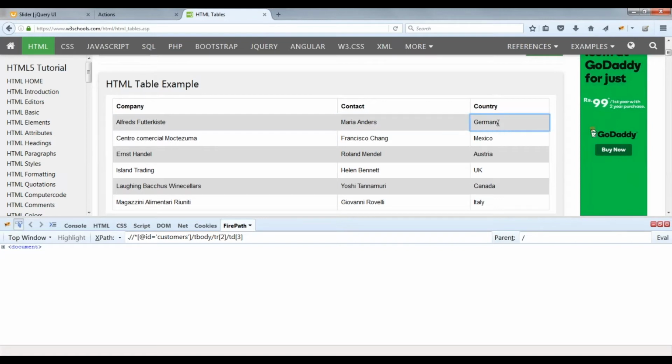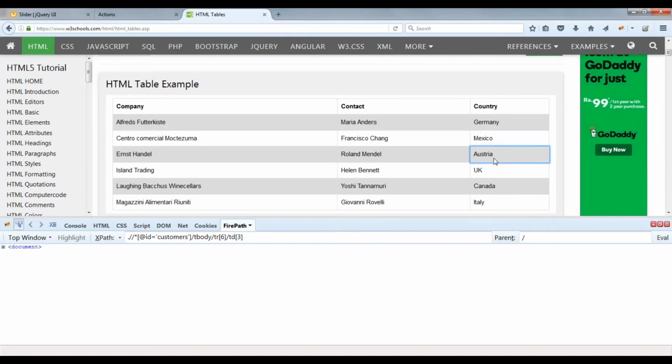If I go to third, the cell value keeps on incrementing. If I come here, the cell value will not change, but the row value will change. Okay, so these are the number of rows and number of columns. So this is the third column, and in the third column the row is getting incremented.